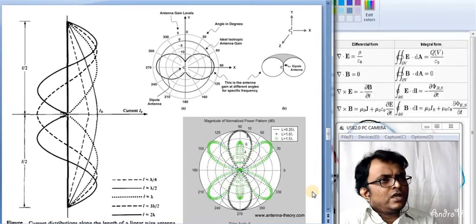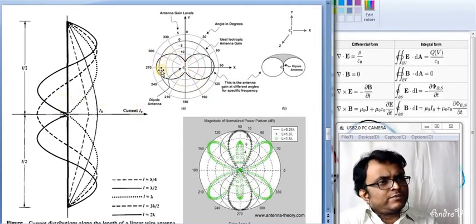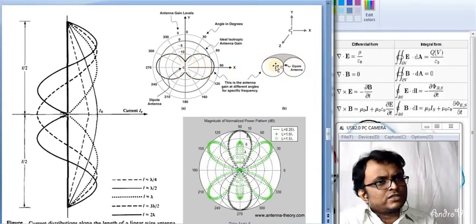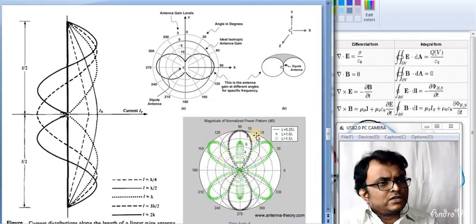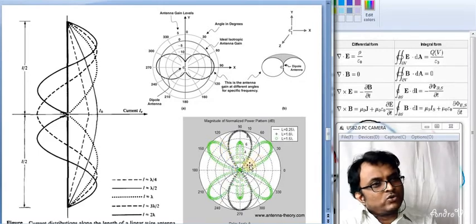Next we come to how the current distribution around a metallic dipole changes the radiation pattern. Already we have discussed this. This is basically the dipole antenna case, the radiation pattern is there, and this is the cross section of the 3D pattern, and here I am giving you the radiation pattern for different values of lambda. This lambda value changes from 0.25 to 1.5 lambda, and the green one is the 1.5 lambda. Not only a single lobe, there are multiple lobes there.